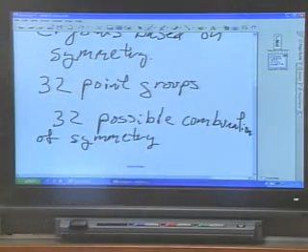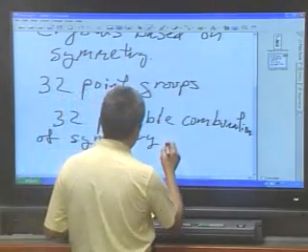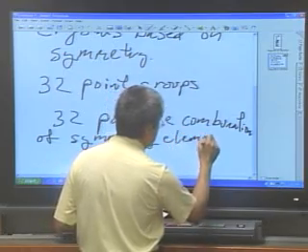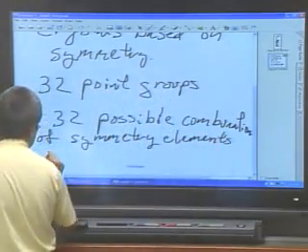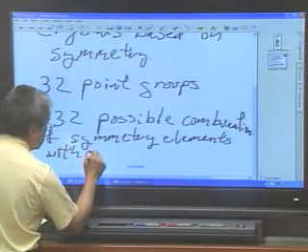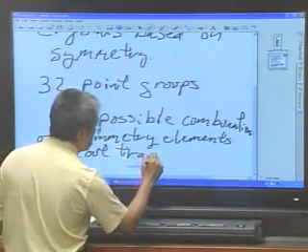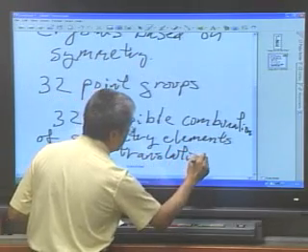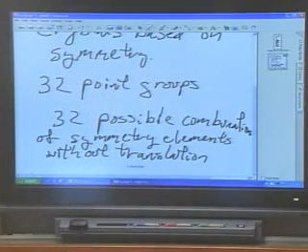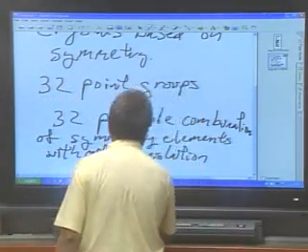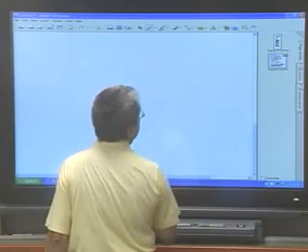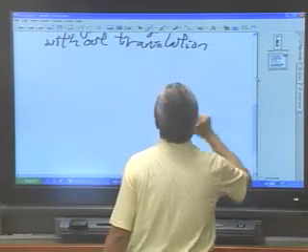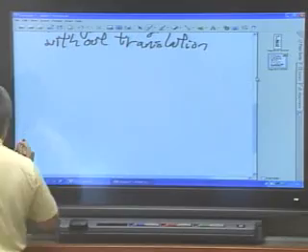Not including translation, or symmetry elements if you want, without translation. Translation is, as the name implies, any type of symmetry element where you're simply translating it, moving it if you want to describe the symmetry. Now, you can also include translation, and if you do,